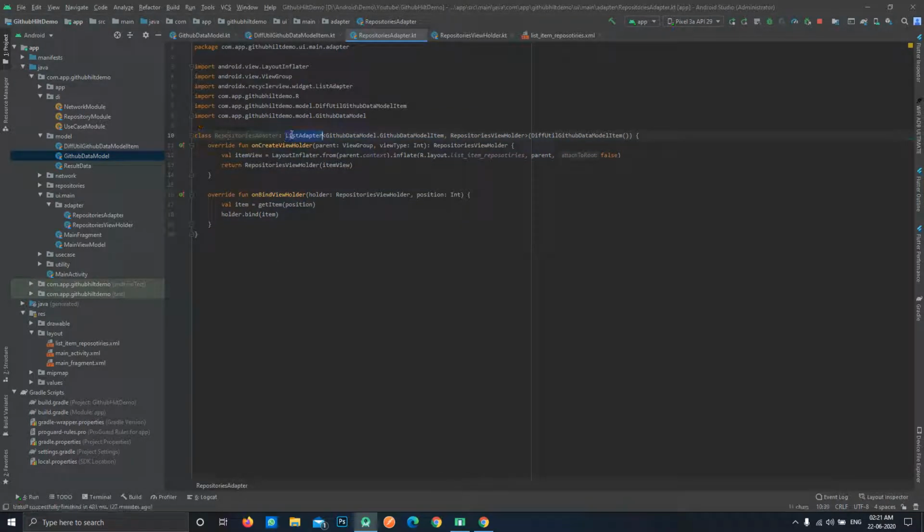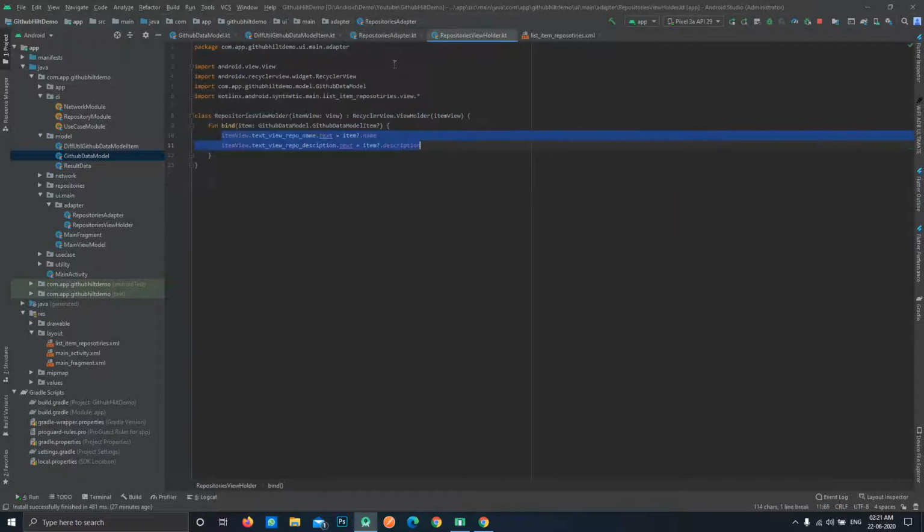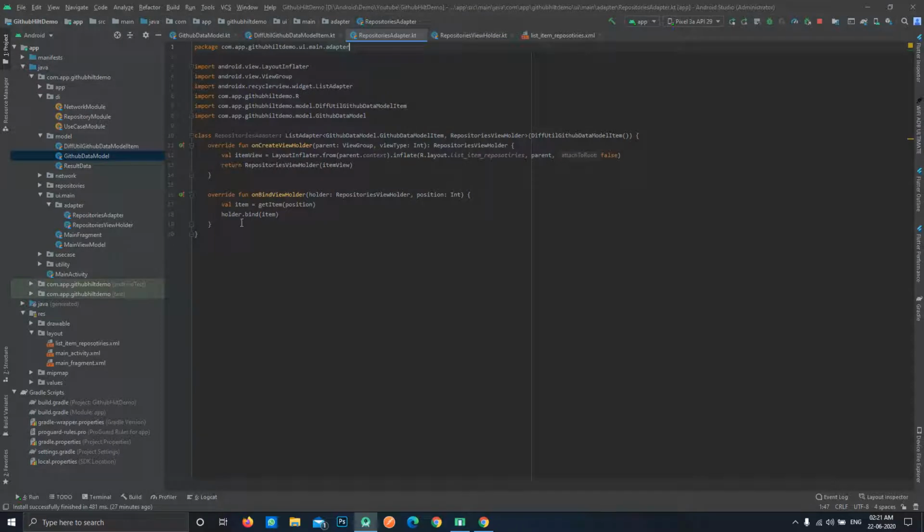Using this list adapter, we just need to override these two methods and create this view holder, and our adapter class is really short and sweet, with no other functions like get item count or anything. It will automatically do that for us.